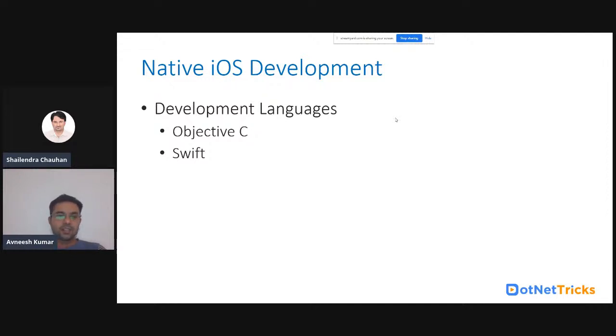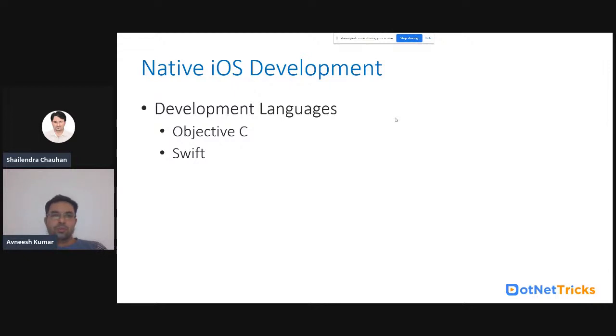It simply means that if you have a Mac system, then you will be able to do development of iOS native apps. You cannot do it in Linux, or in the Windows operating system. So you will always need a Mac system.